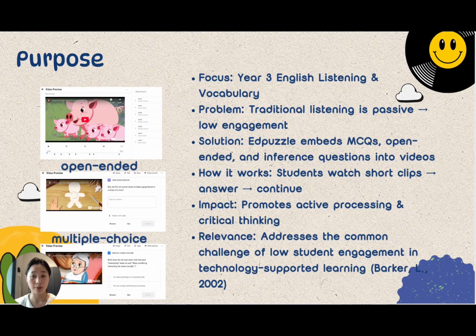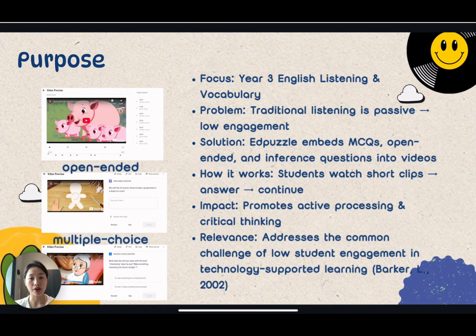EduPuzzle solves this by embedding multiple choice, open-ended, and inference questions directly into the video. Students watch short segments, answer questions, and then continue. This not only increases engagement, but also encourages critical thinking and active processing. According to Barker 2002, low student engagement is a common barrier in technology-supported learning, which interactive video tools can help